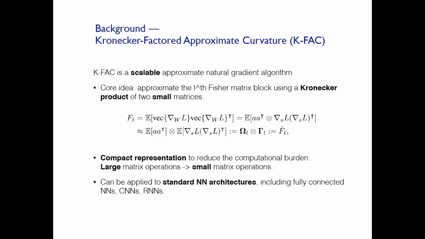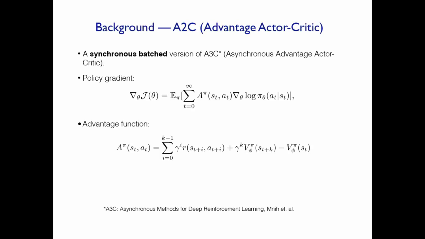The core idea is to use Kronecker products of two small matrices to approximate the Fisher matrix. Such a compact representation is able to achieve scalable computation because it reduces large matrix operations to small matrix operations. And it can also be applied to most of the standard neural net architectures, including fully connected networks, CNNs, and RNNs. We applied this to our base algorithm A2C,